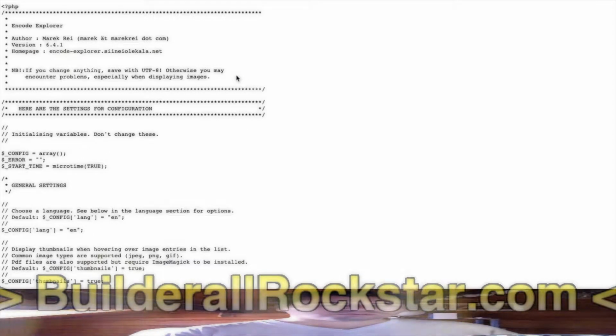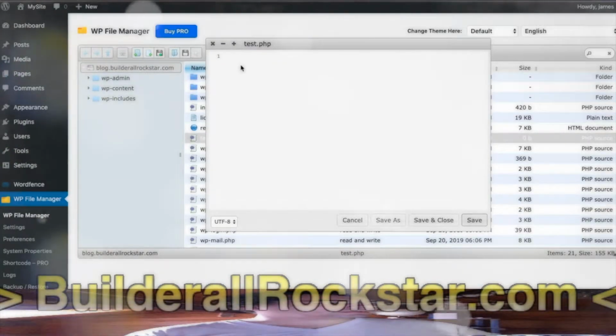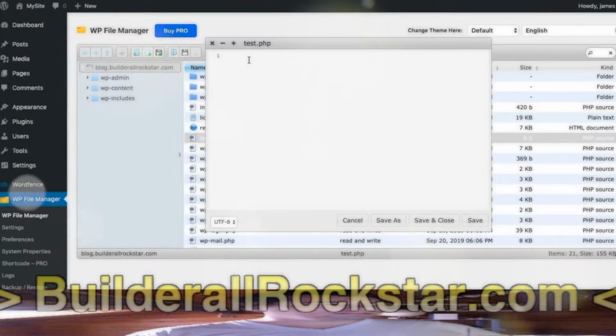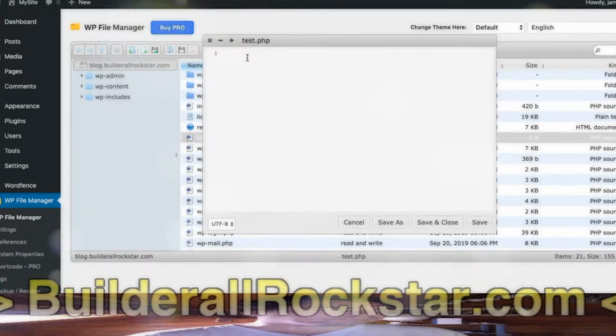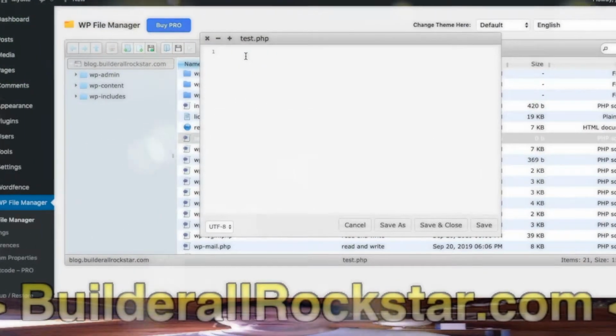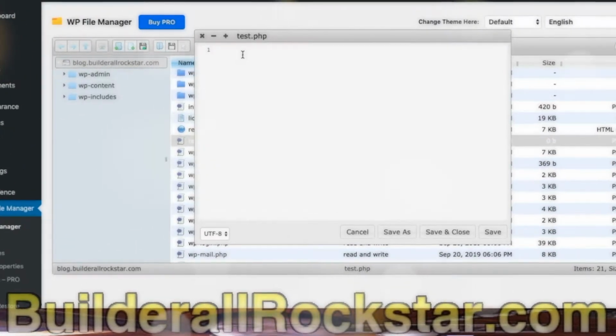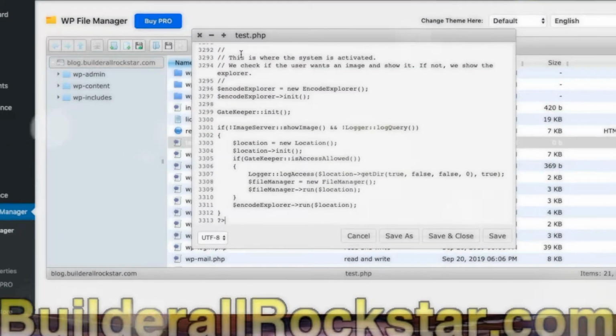Copy. Go back to the plugin. Here I paste. And inside you can edit some things, like adding a username and password, so that your file explorer is protected. Even if people know the address, they cannot enter, they cannot use it.